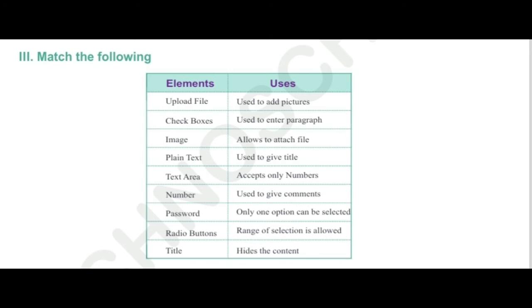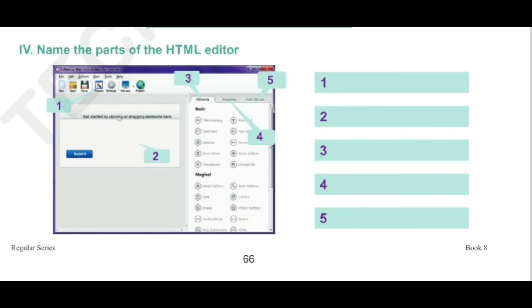Okay, so second Roman, choose the correct answers. I hope you can mark answers. You know all the concepts. For this Roman, you can just write the tab names on that screen. The primary work area, HTML editor. Just look at the textbook page number. You can see the HTML editor primary workspace area on page number 60: elements tab, properties tab, the form options tab, main toolbar, workspace.